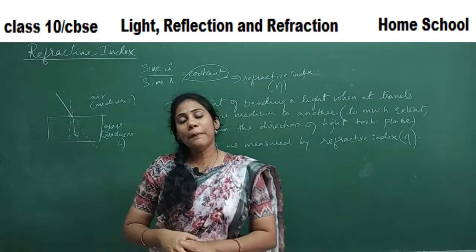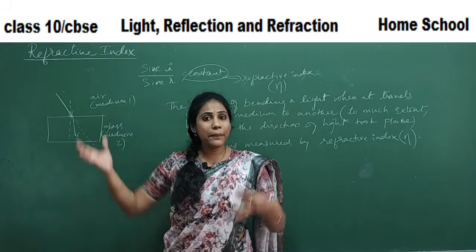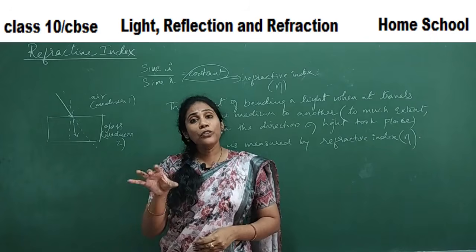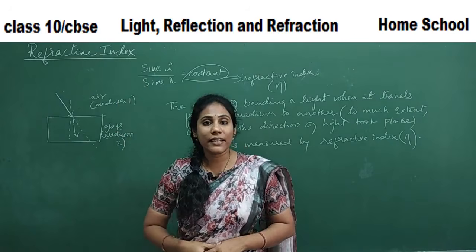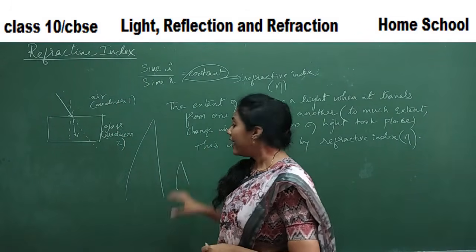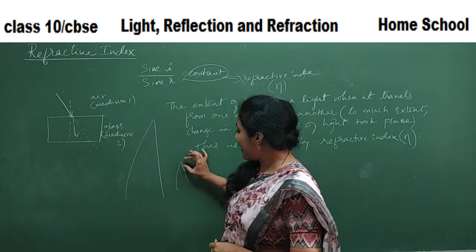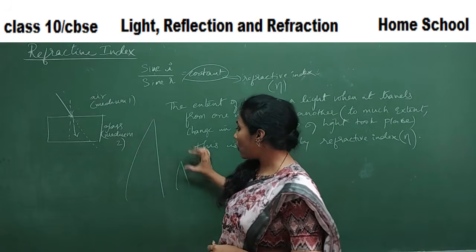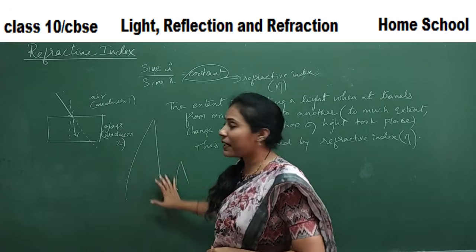For example, in your area, you have a very big mountain, and there are smaller mountains also. How do you compare the height of the smaller mountains? You will compare with the big mountain, right? Say I have one big mountain and one small mountain. If I have to talk about the height of this mountain, I will say that its height is 2 times lesser than the big mountain, or 3 times lesser, or just half of this big mountain.